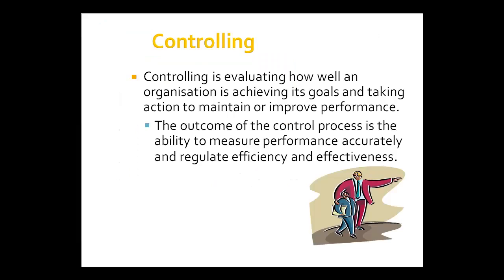Now we've come to the last of Fayol's 4 functions, which is controlling. Controlling means monitoring employees' activities, determining whether the organization is on target towards meeting its goals, and making corrections as necessary. So, for example, if you're a sales manager and you've set a target to increase revenue by 20% in